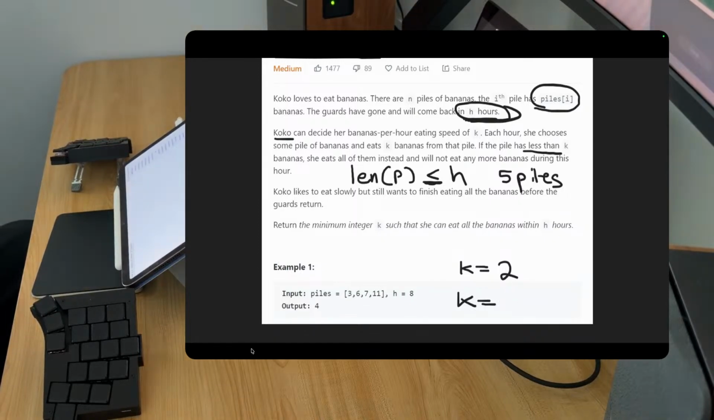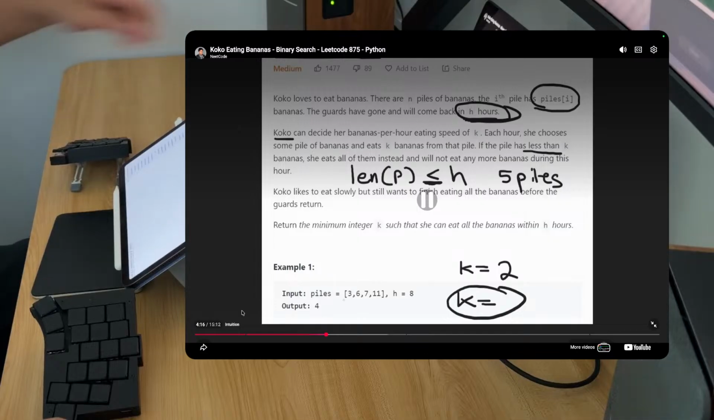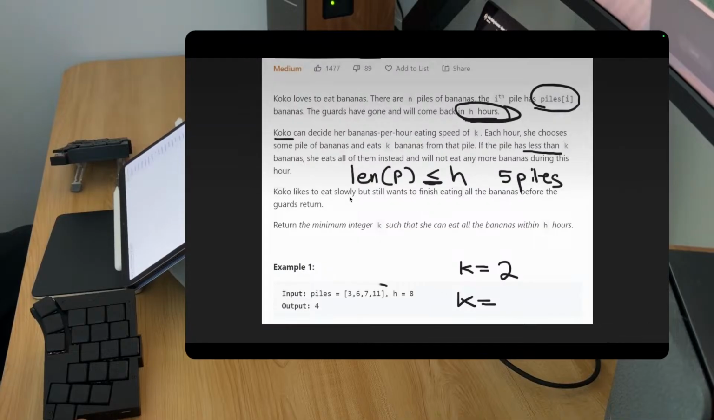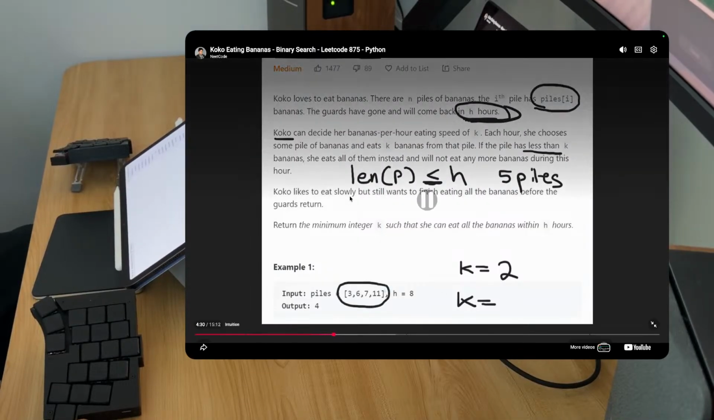What's the maximum that k could possibly be given this input array and given this number of hours? Well, remember, the number of hours is always going to be greater than or equal to the number of piles. So in the worst case, k would basically be the max number that happens to be in our piles. For example, if k equals 11,